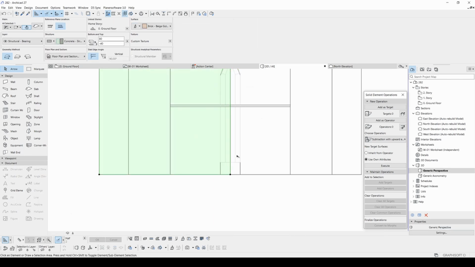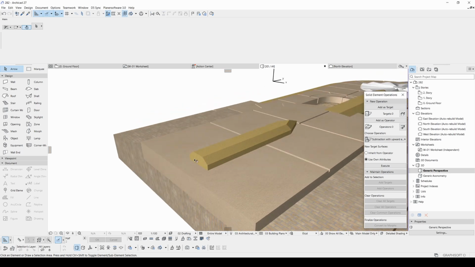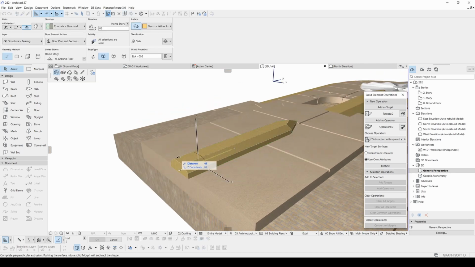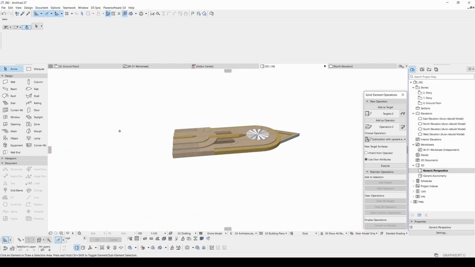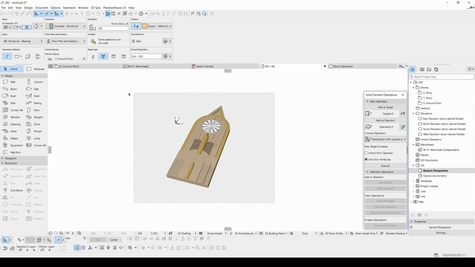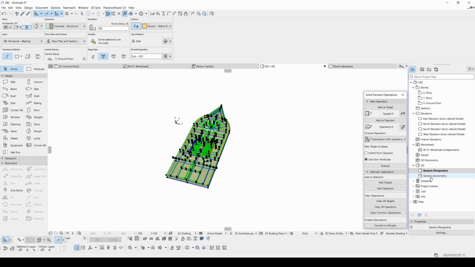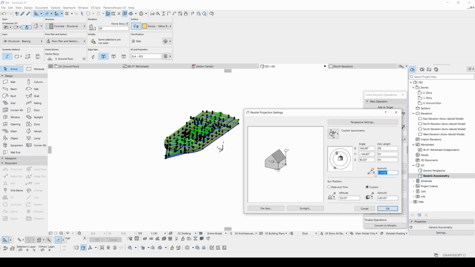After that, I will click this face and click this push pull. There we go. Now here we are in the final stage. We will convert this into an object. To do it, we will select all and go to axonometry. We want to create this from top view, so we will click settings. To top view, we will click this symbol. Something like this.